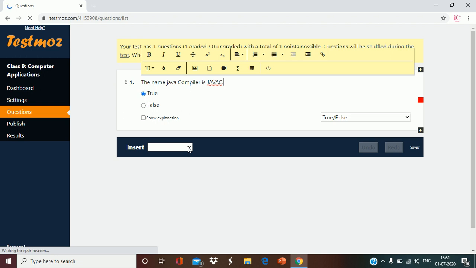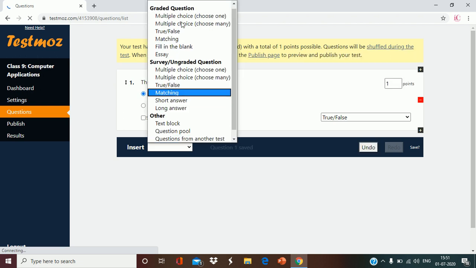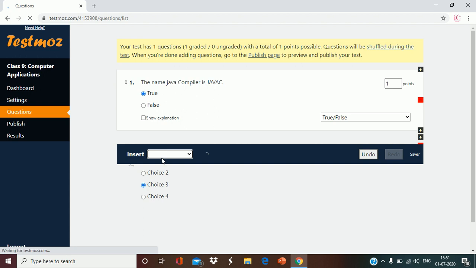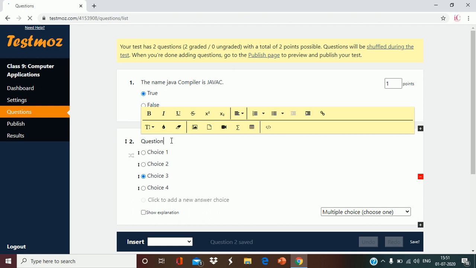Now the second question I want to create is a multiple choice question. I will enter the question like: Object Oriented Programming, what is the short form of this?